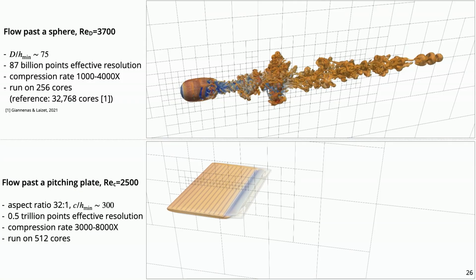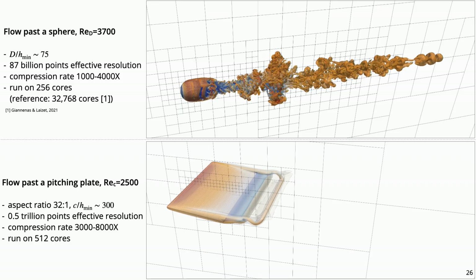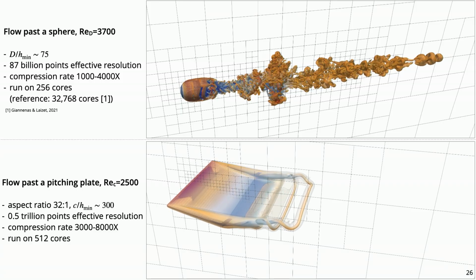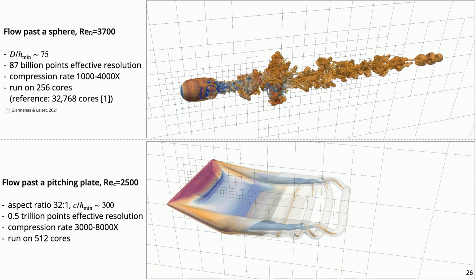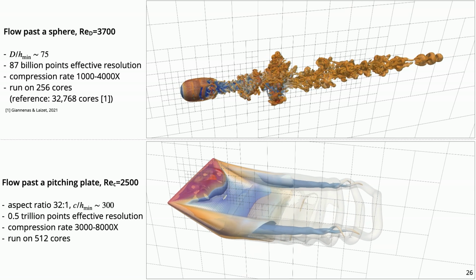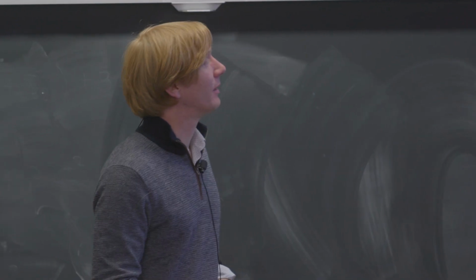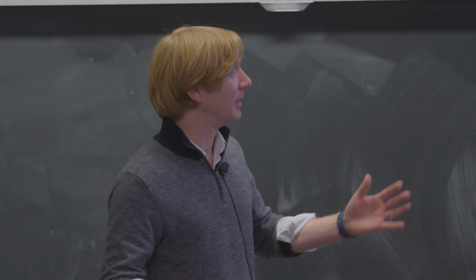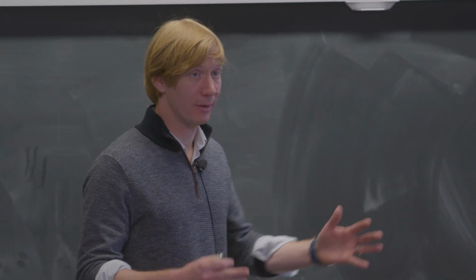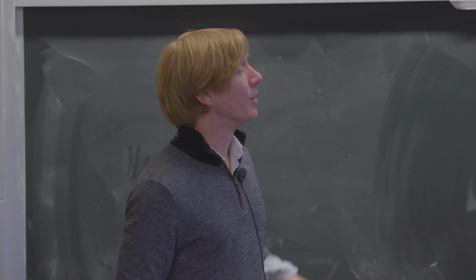And then we can also do moving boundaries. So now this is a pitching plate, a plate that is dynamically pitching up. It's very thin, so we really stress the resolution. It's 32 times thinner than the chord. We have 300 points along the chord. And this simulation would be 500 billion points, which would certainly be up there with the largest CFDs. That is the effective resolution, but we massively compress it because of the adaptivity,